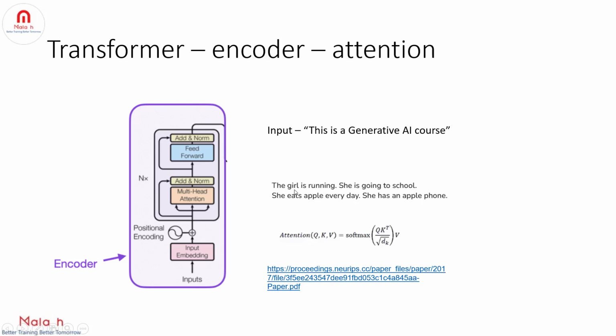And also, if you see in the second sentence, one apple refers to fruit, right? And the other apple refers to Apple phone. So same word apple with different meanings, right? So how will the model understand? To make the model understand, we have a concept called attention, right? That is the main reason why artificial intelligence is very popular, because of the attention concept.